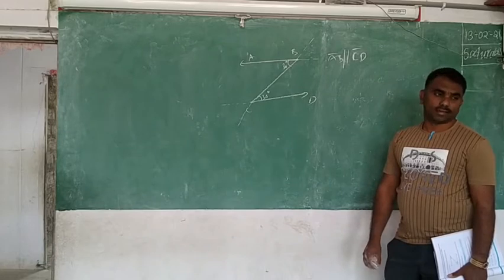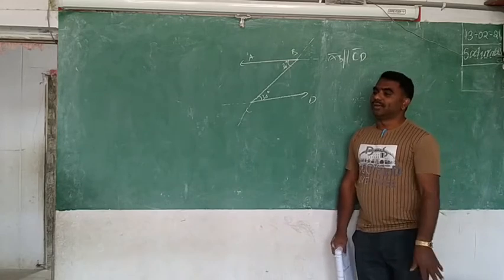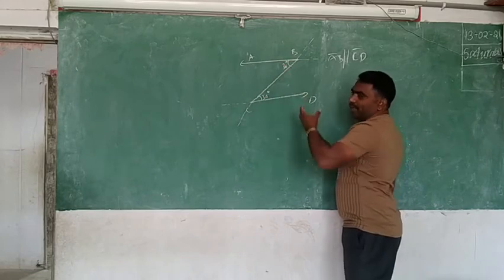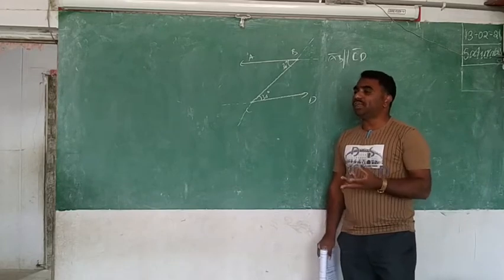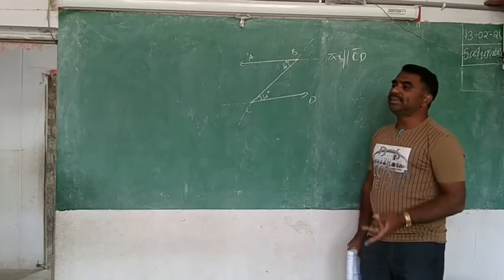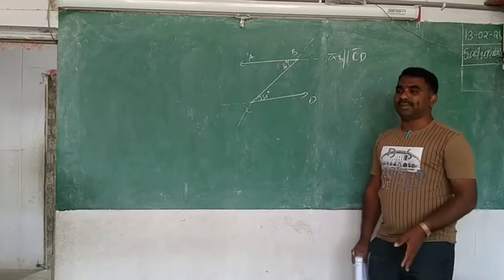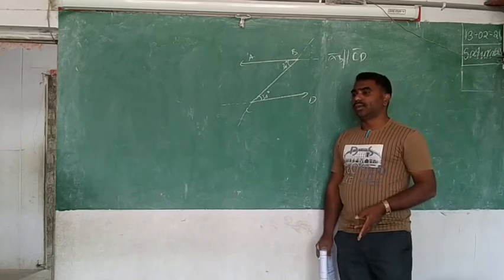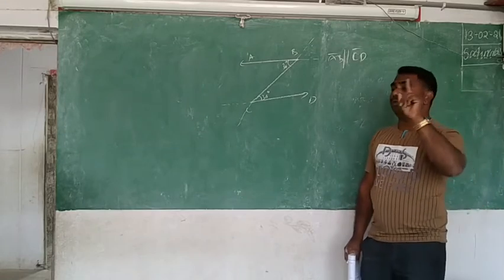Alternate. Again doubt? No clarity about that. When I am asking about this angle and this angle, you don't know how they are. You have discussed that a lot. The first thing I said to you, when I am asking like that, check whether they are interior or exterior. First question: both are interior or both are exterior. Then check opposite direction or same direction. Otherwise, if one is interior and one is exterior, then check whether they are in the same position or not, I said to you.